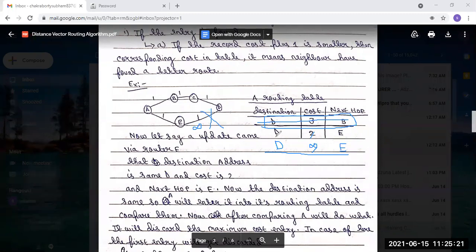So this will be discarded and we will give preference to the new one, if the next hop is the same. But if the next hop is different, we consider the minimum cost. But in this case, the next hop is the same.